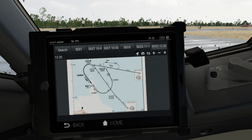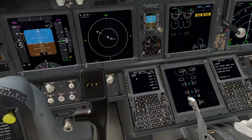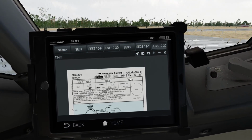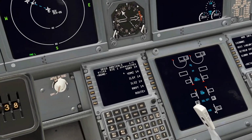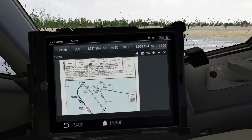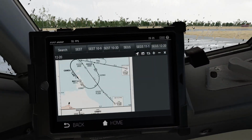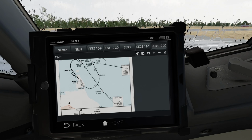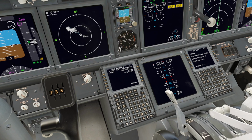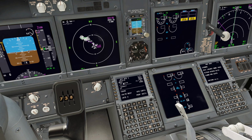So we'll disconnect from our airway and come towards this at some point. And so, what's the name of it? The RNP Zulu 14. So the RNAV Zulu 14. There we go. Transition 105 or 224. I think we'll probably be a little closer to 105, so let's just go with 105 for now. And we'll activate that. Boom. Alright, so we're going to